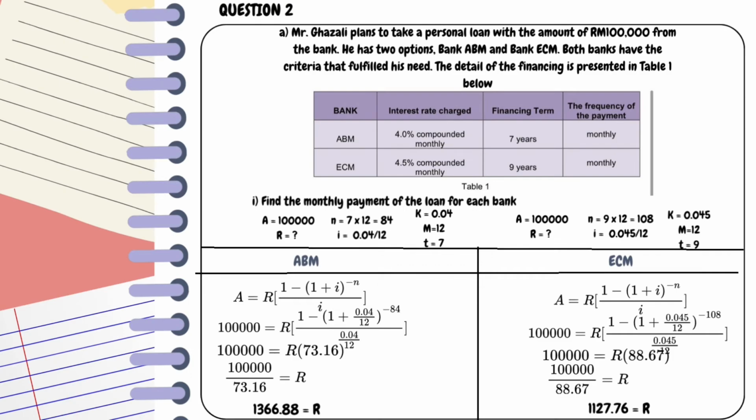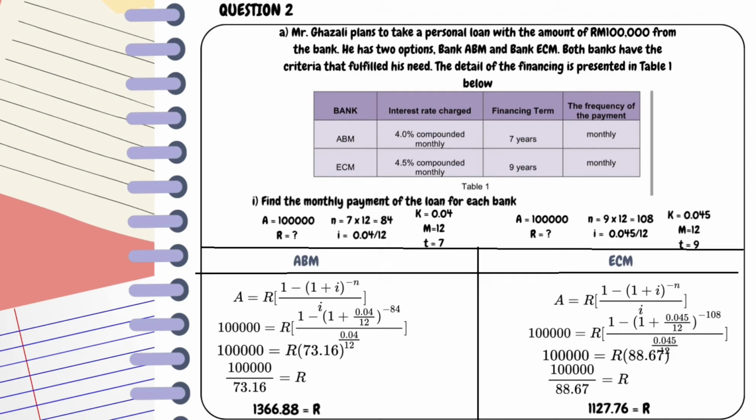For Roman 1, we need to find the monthly payment of the loan for each bank. This means we need to find R. Based on the statement, they give the values of A, K, M, T. For Bank ABM, we use the formula A equals R[1 minus (1 plus I) to the power of negative N] over I. And then we put the values: 100,000 equals R[1 minus (1 plus 0.04 over 12) to the power of negative 84] over 0.04 over 12. And the final answer is